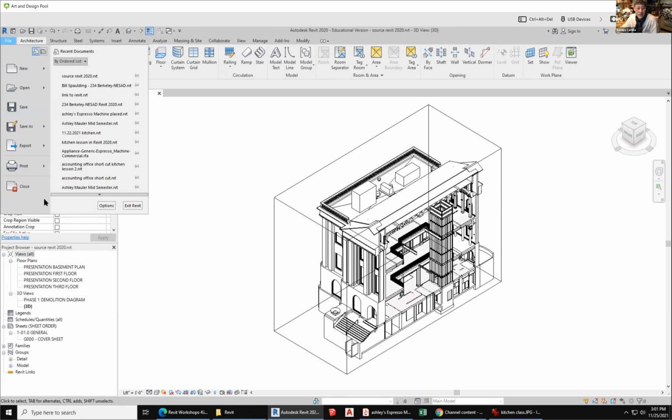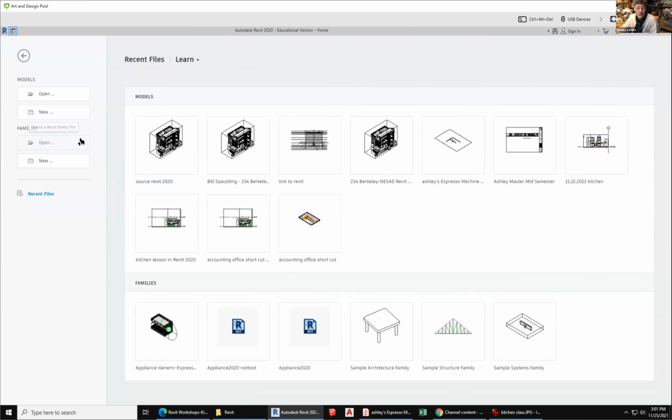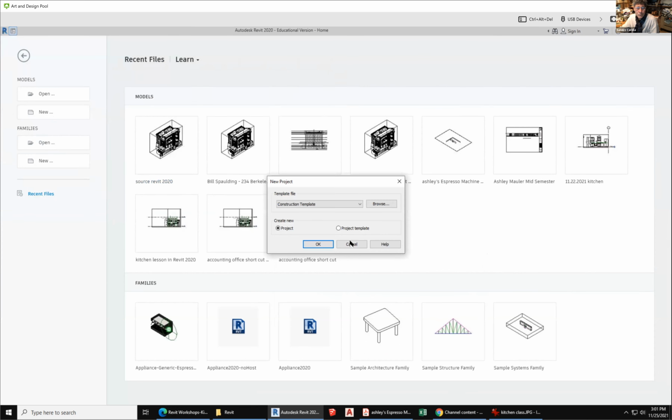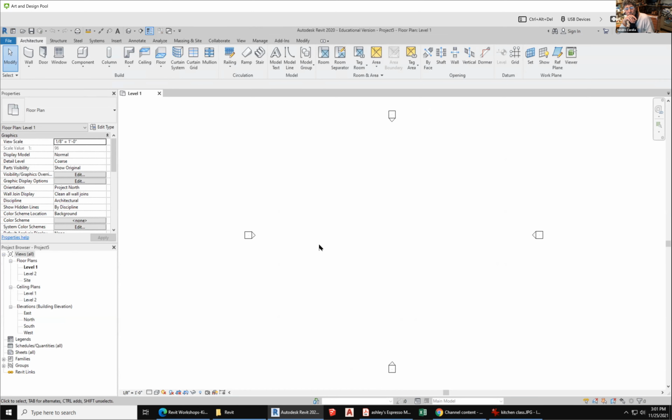Now, having saved it, I'm going to close it. I'm going to start a new project. Always use an architectural template. Hit OK. And the first thing we're going to do is